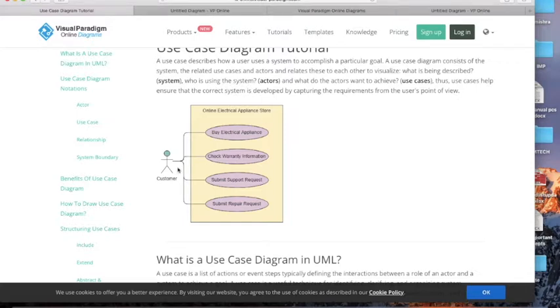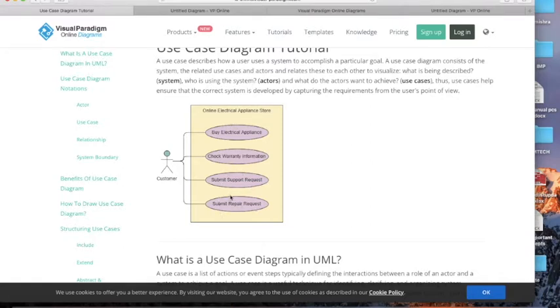So this is the overall system in which these are the use cases. In this ellipse-like box we draw the use case. These all are the use cases, 1 2 3 4: buy electrical appliance, check warranty information, submit support request, and submit repair request.